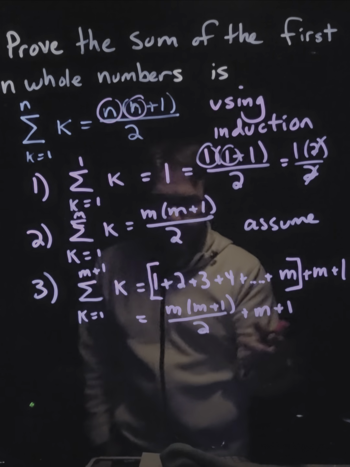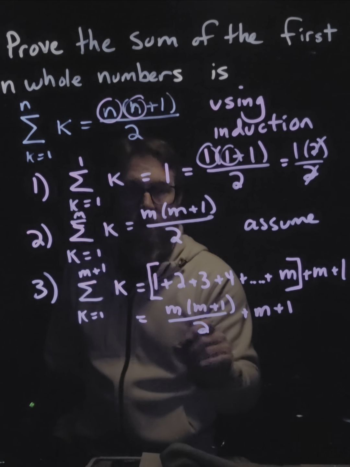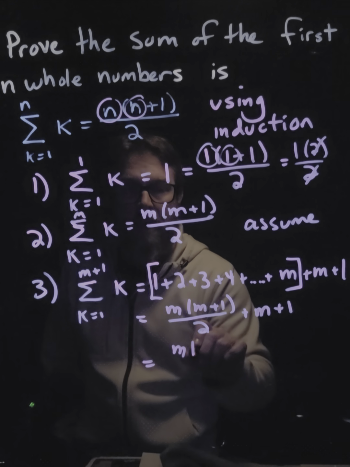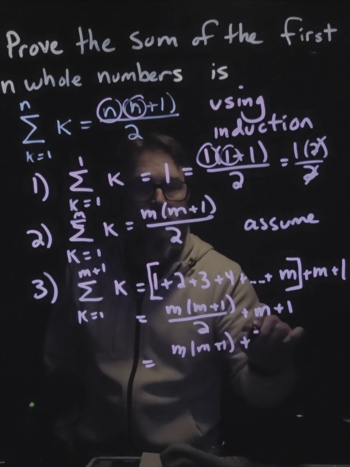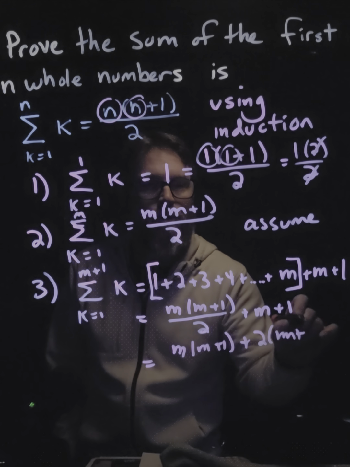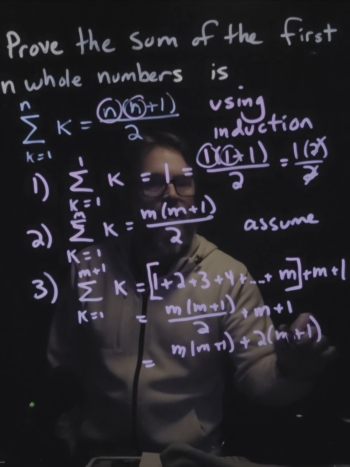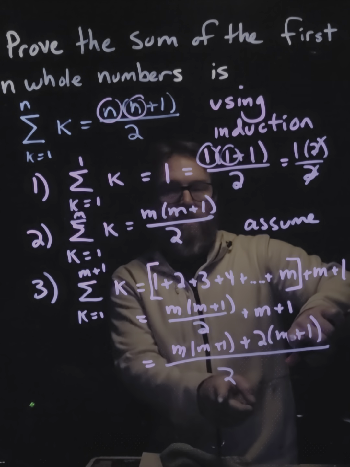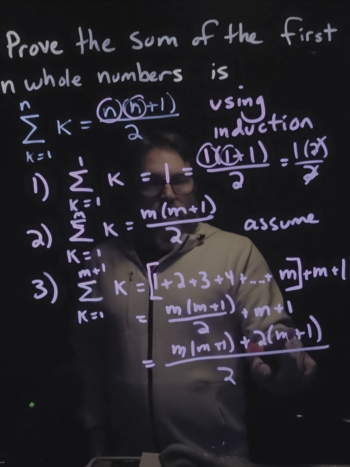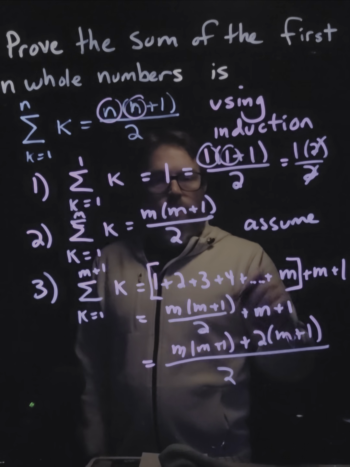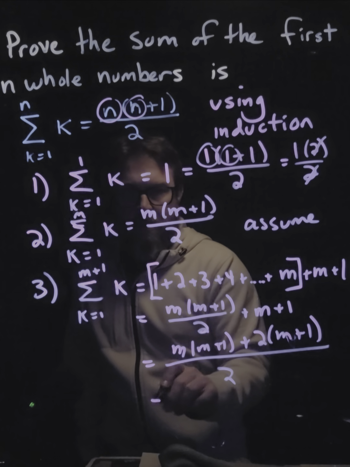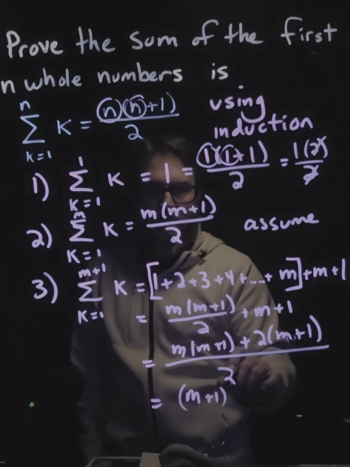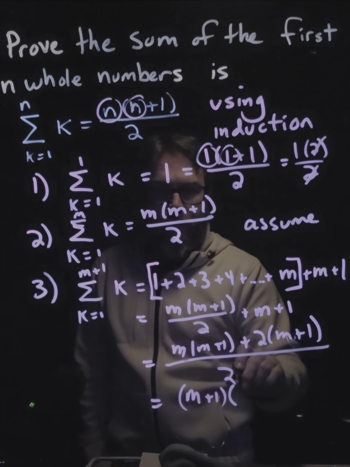So what I'm going to do is factor an m plus 1 out of both of these things, or I can multiply top and bottom by 2, which will do the same thing. So this is m times m plus 1 plus 2 times m plus 1 all over 2. So top and bottom of this by 2 will give us this piece. Okay, so finishing this up, pulling out an m plus 1, this will be equal to m plus 1, and I'm going to be left with m plus 2